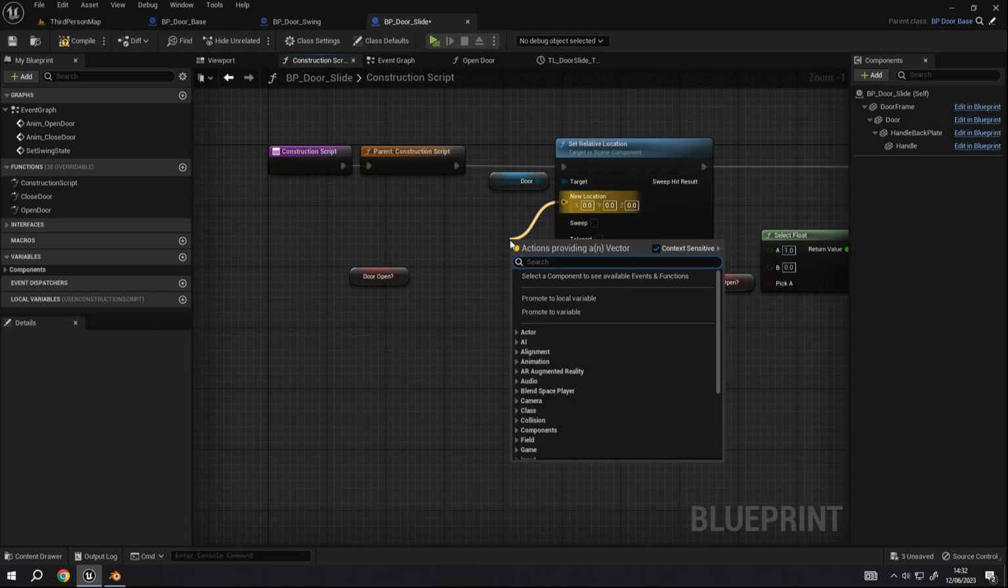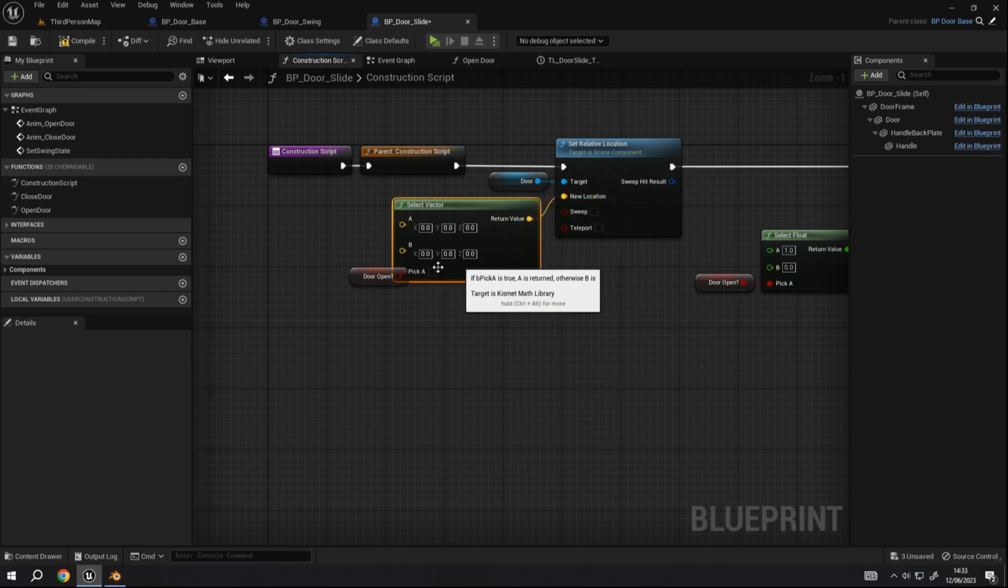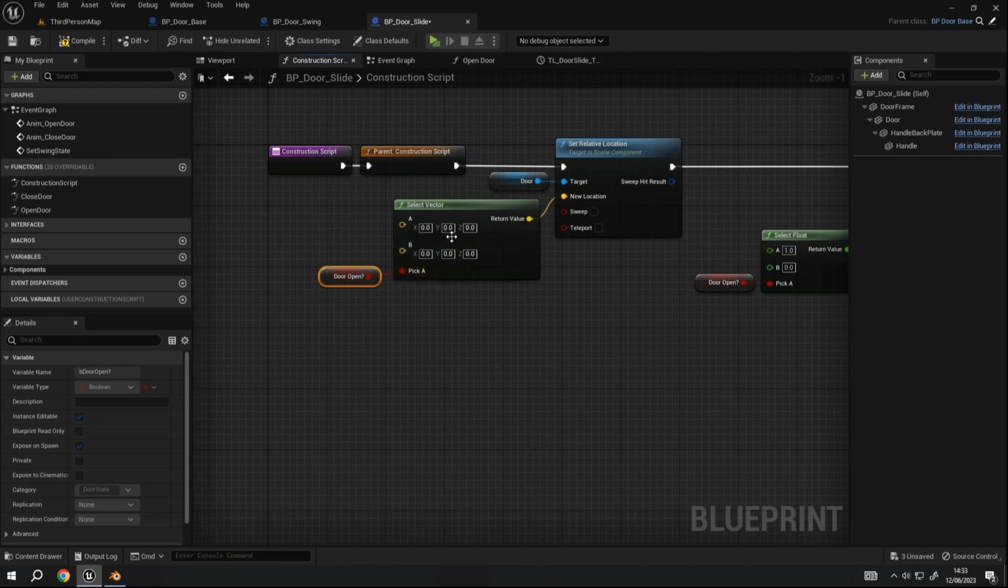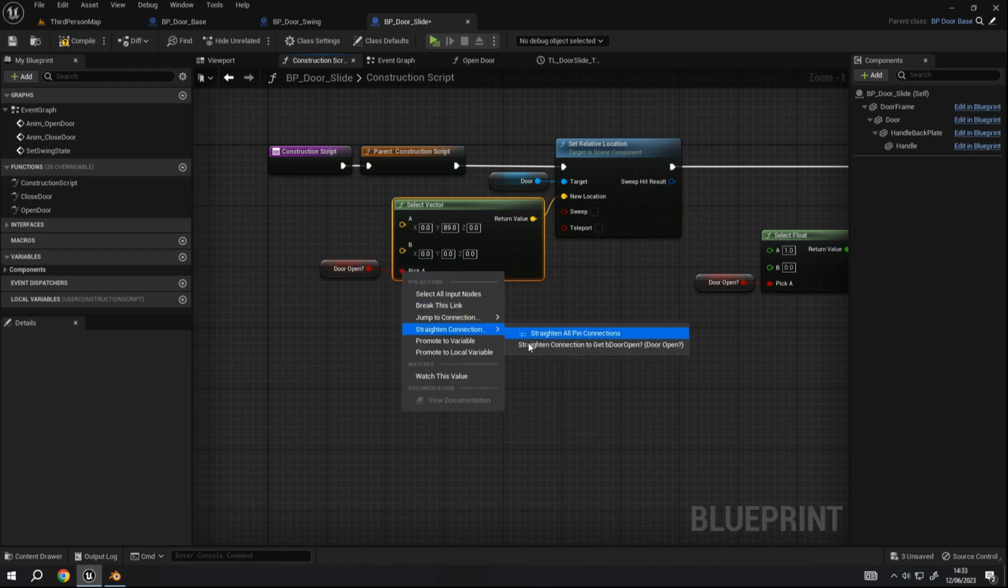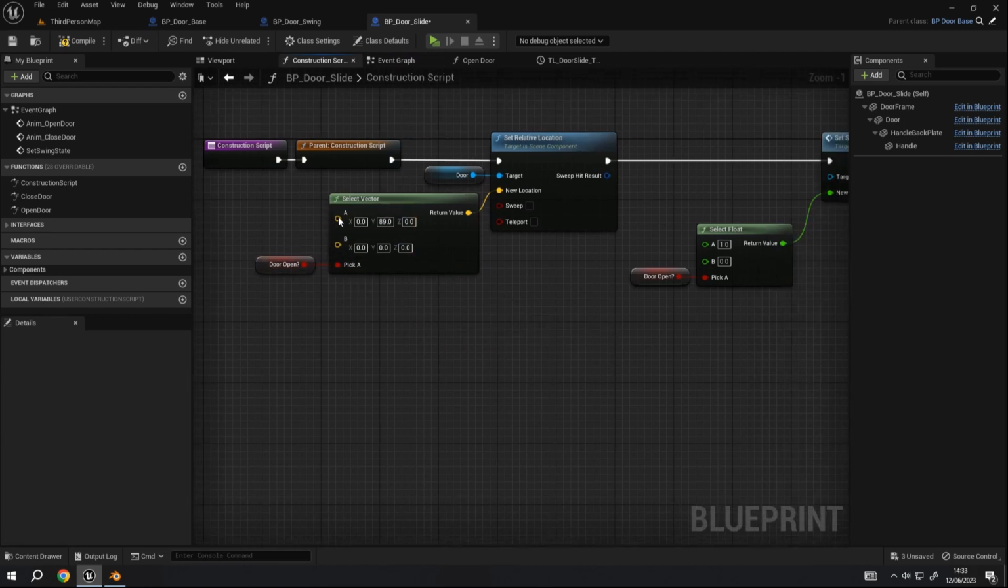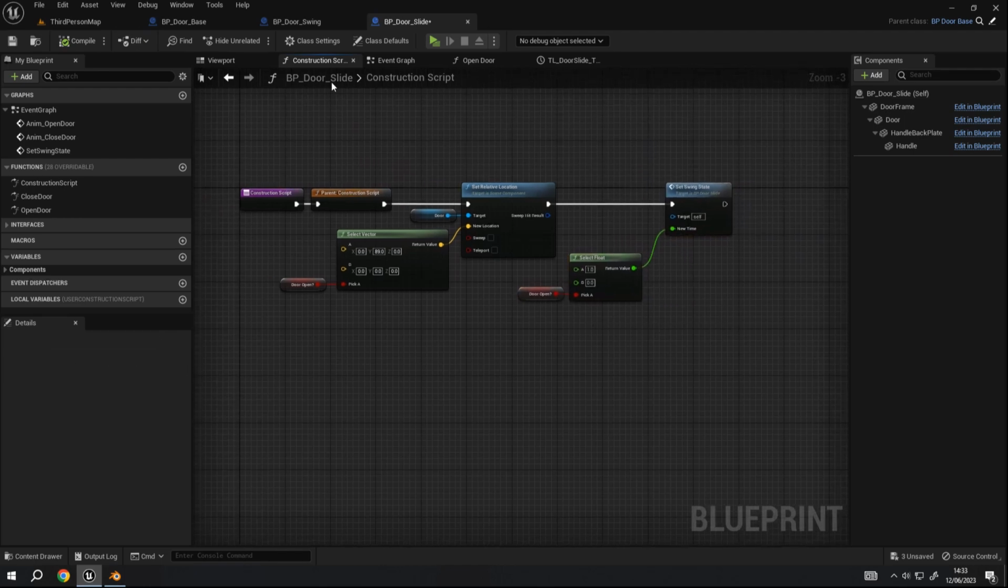So with that done, we want to do the select a vector, and then plug in that door open variable. So that's 89, I believe. Yep, on the A section. Okay, just like so. And I believe